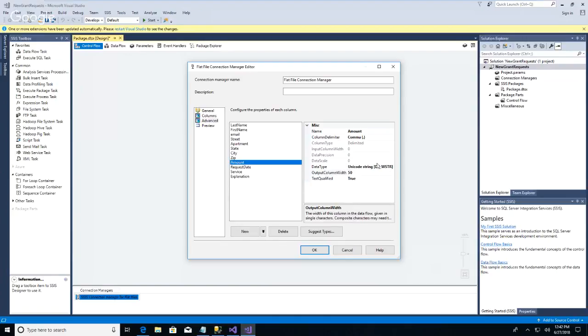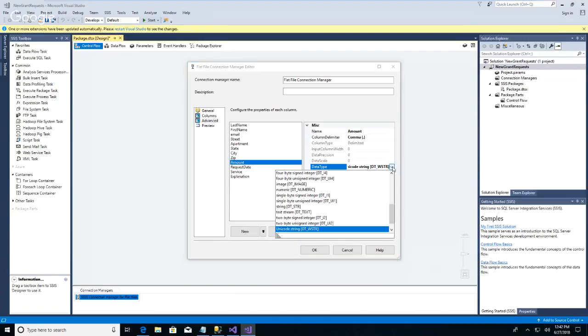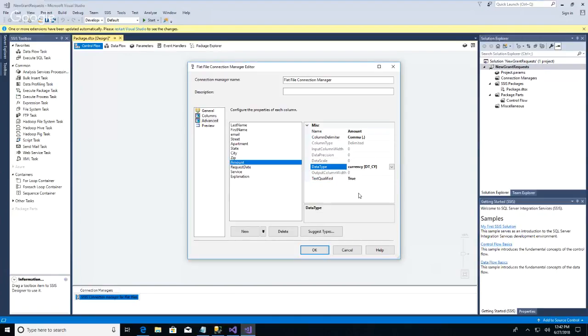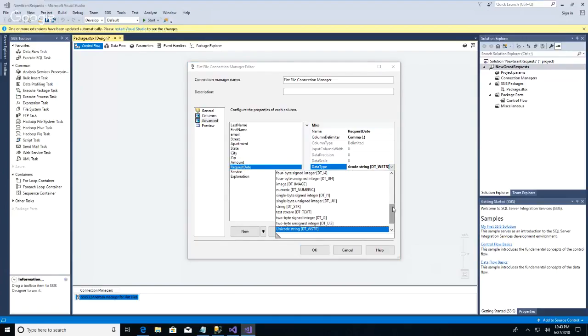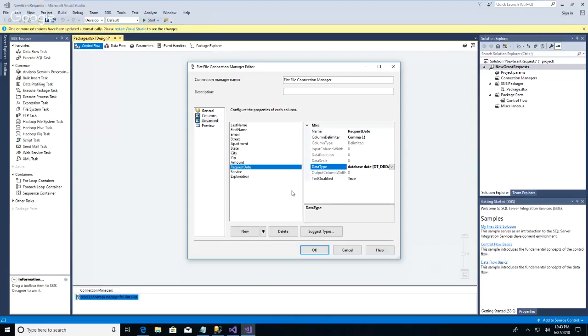Amount is not a Unicode string. We want to change it to, I think, currency. If that fails, we'll have to do that. The request date, this is the one that's trickiest, as I recall. And I want it to be, I think, database date. If that fails, the service, we want it to be